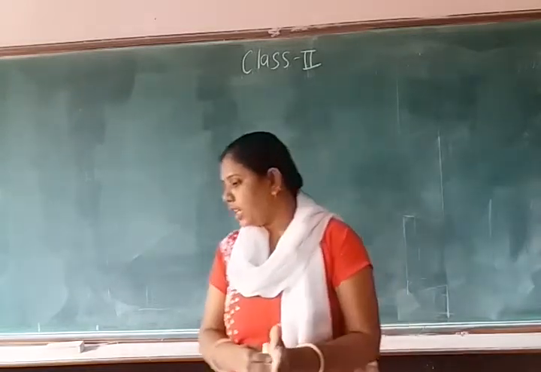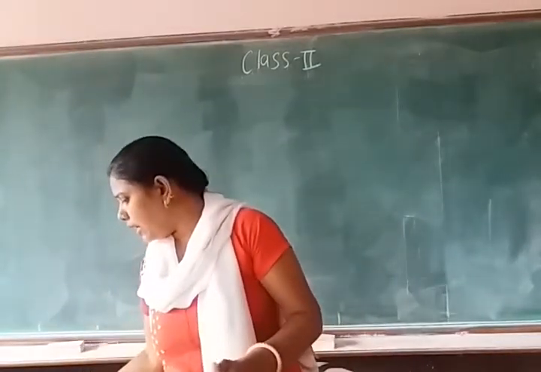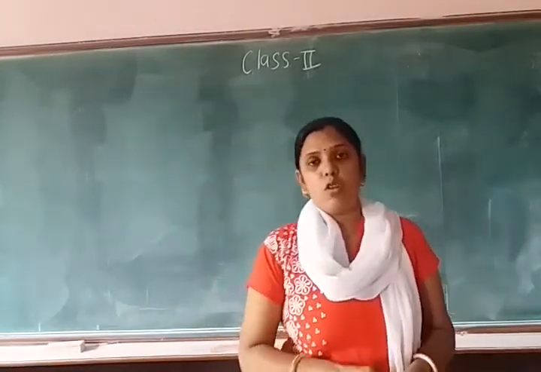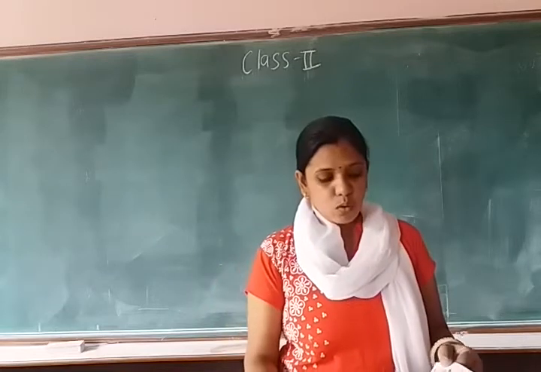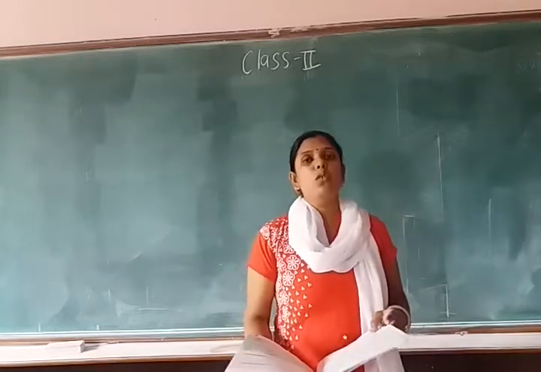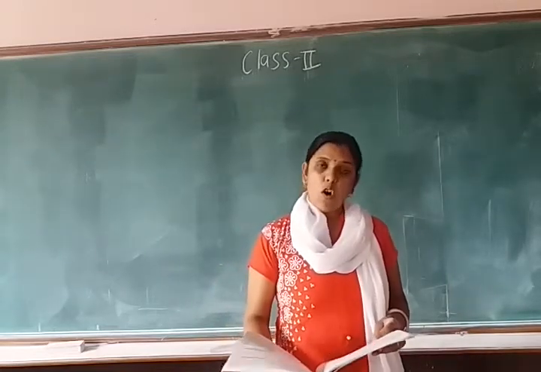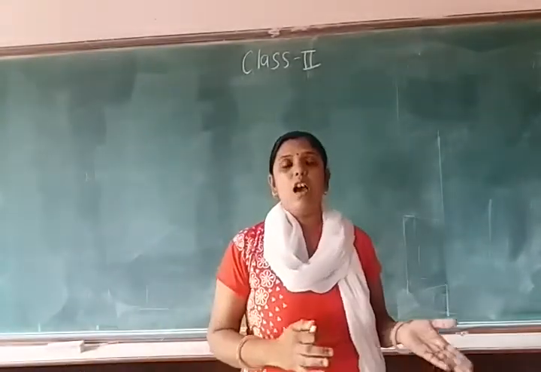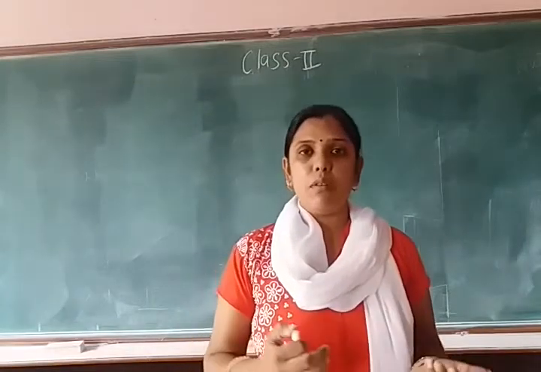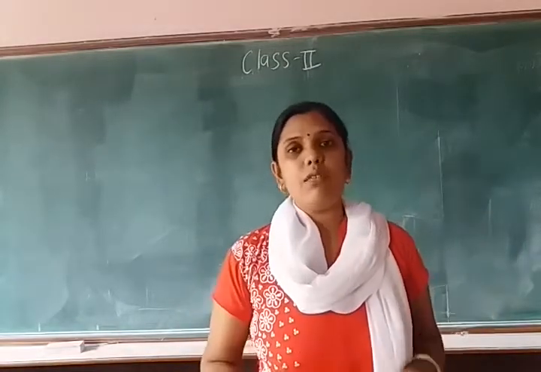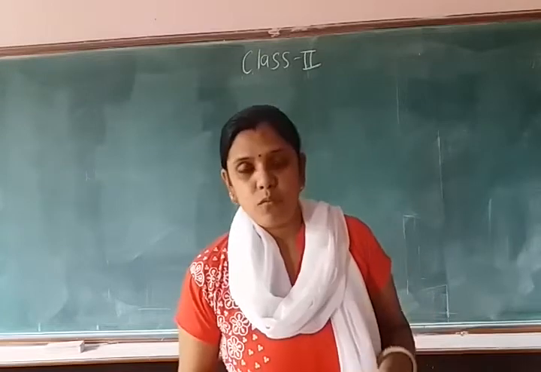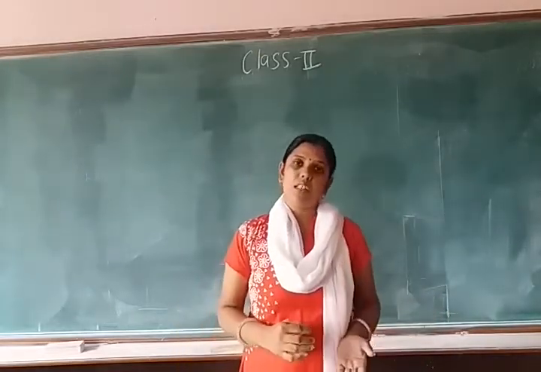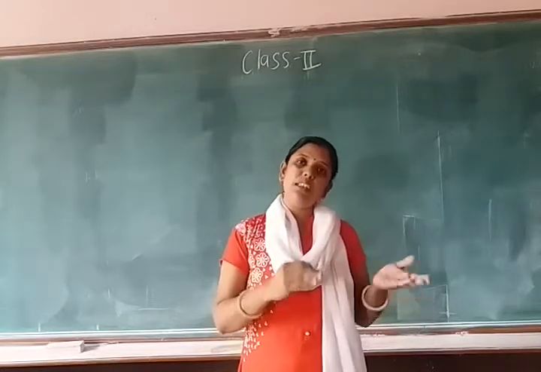Okay. So what have we already done? We have done expanded format and compact form. So today we are going to learn how to show 3-digit numbers on the abacus. 2-digit numbers we have already represented on the abacus, and how to represent them we did in chapter 1. So representing a 3-digit number on the abacus is very simple, the same as a 2-digit number.